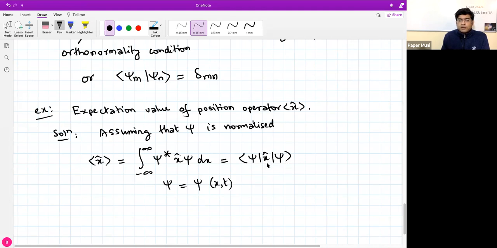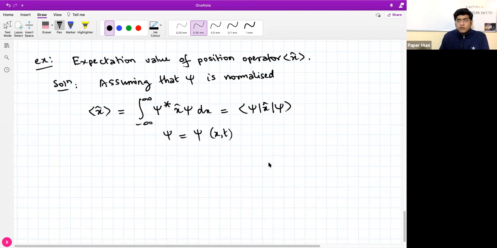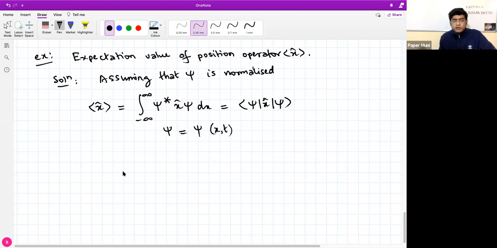What will happen to this quantity? It depends on what wave function is given to us. Now we can note how this expectation value is interpreted in quantum mechanics. This expectation value is interpreted as the average value